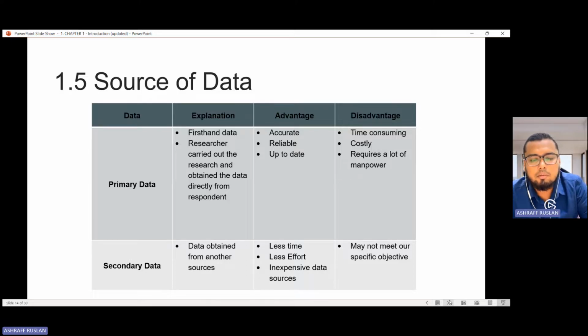Maksudnya kita ambil daripada other sources lah. Contohnya macam tadi, socio-ekonomi. Kita nak dapatkan data socio-ekonomi, bukan kita pergi bilang sendiri ataupun buat bancian sendiri. Tapi kita ambil daripada Department of Statistics Malaysia, for example.